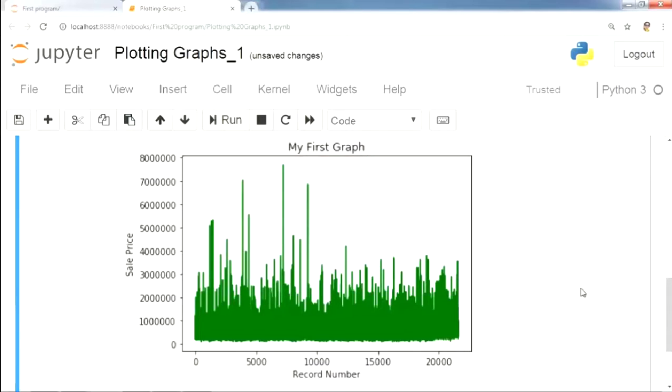You can also customize your graph by adding pattern to the lines, modifying the thickness, changing the markers, the color of markers, and a lot more. For example, let's consider the code